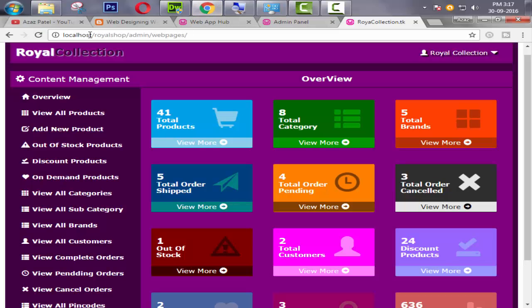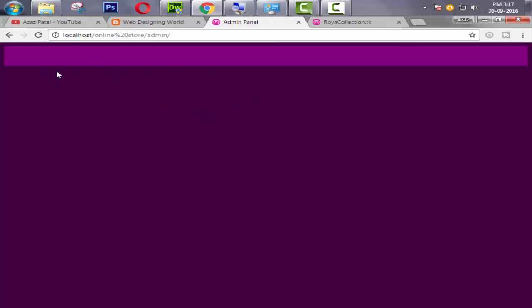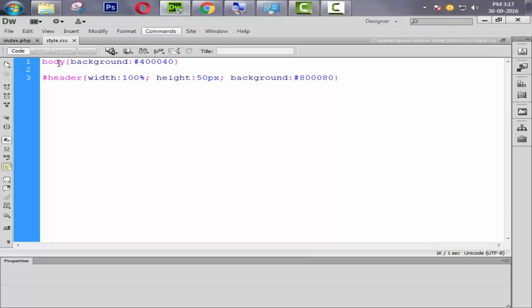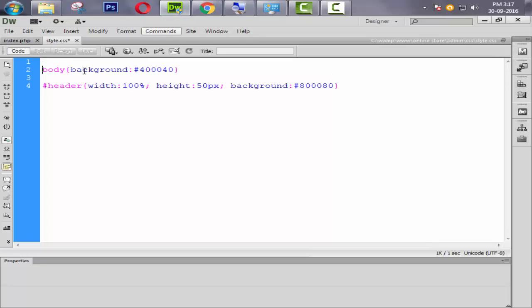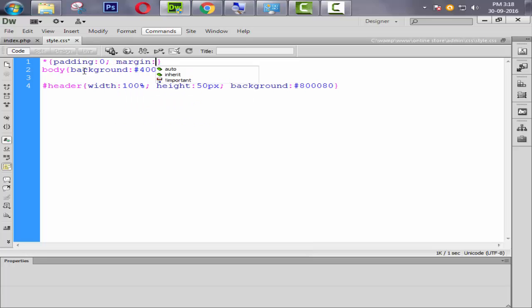Okay, refresh and check. Okay, look at here, it's coming but some spaces have occurred, so we remove the spaces by using the asterisk property to remove all the padding and margin of all text inside our HTML. So we use this property, this is a very important property.